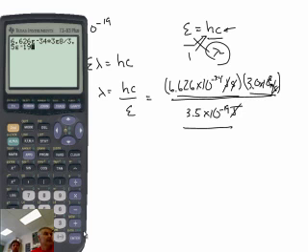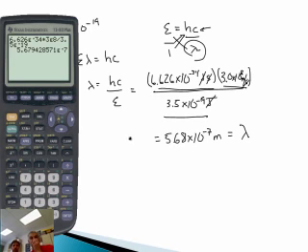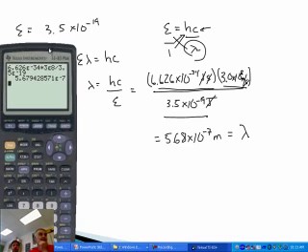So the answer is 5.68 times 10 to the minus 7th meters. That's the wavelength. Now, I'm not just trying to find the wavelength, I'm also trying to find the frequency, which is the nu, if you will. All right, so to find the nu,